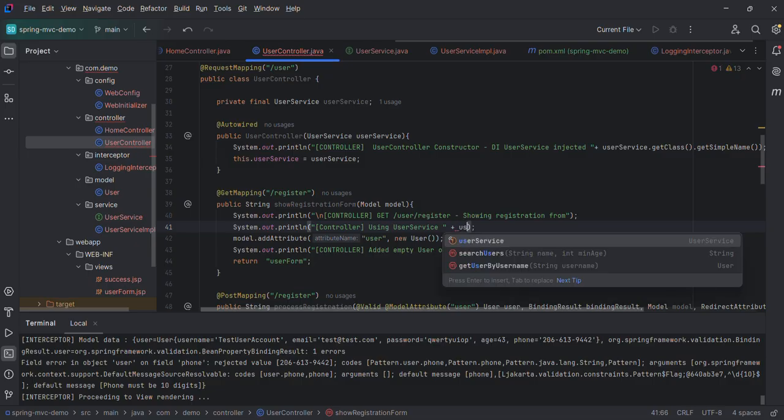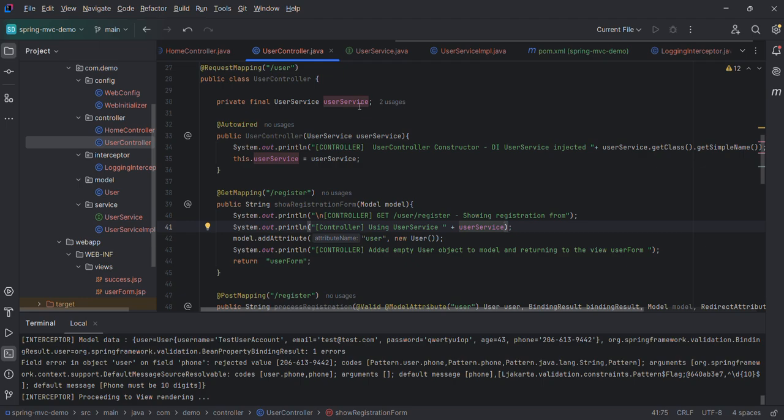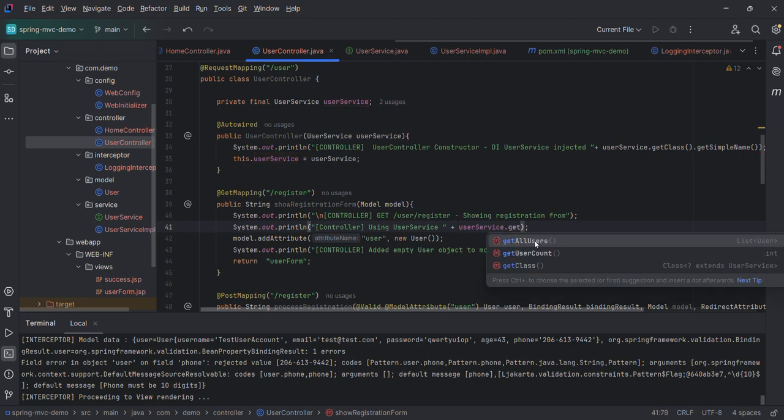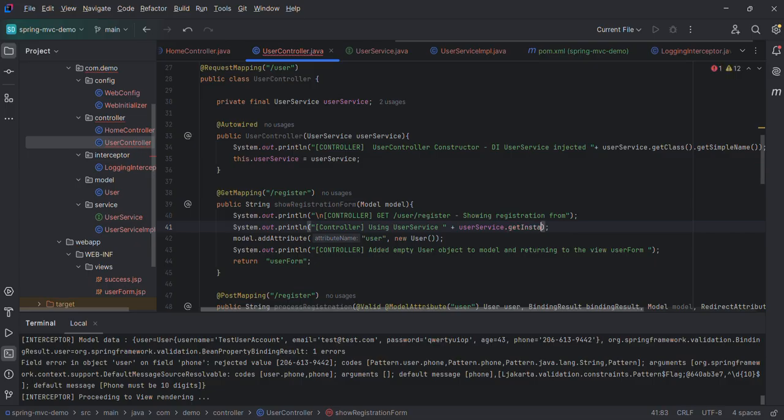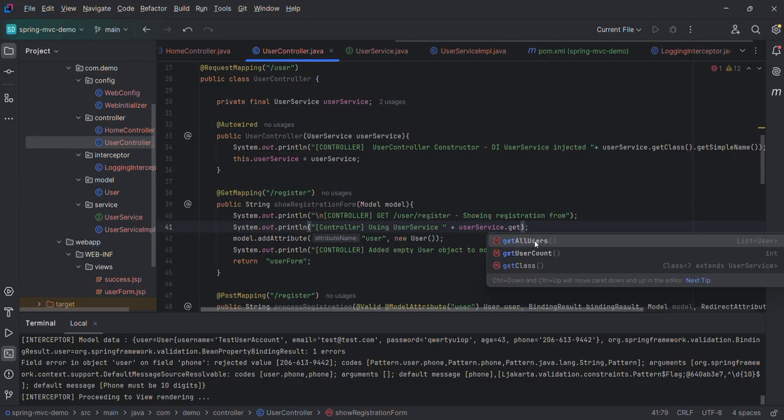User service is the reference variable that we have declared. Dot get instance dot get